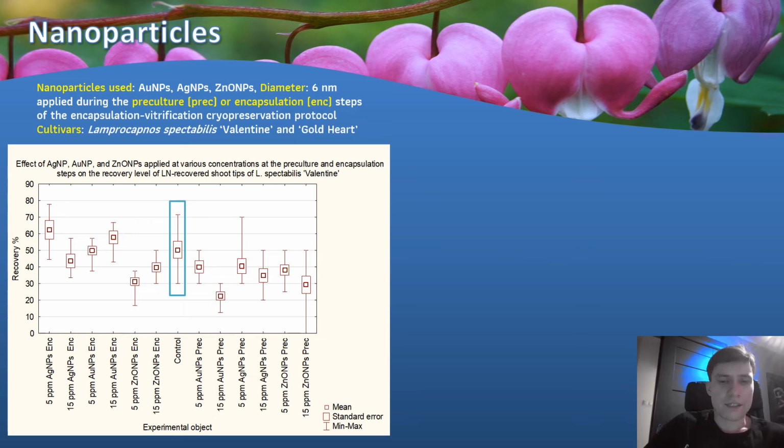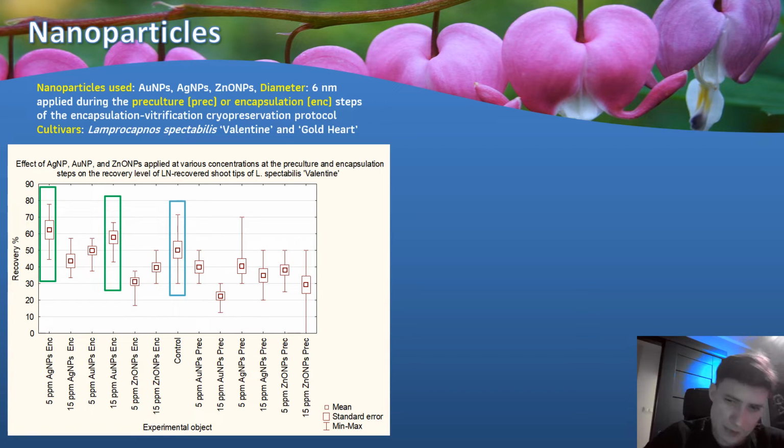On the other hand, nanoparticles were a little bit more effective, and their effect was also dependent on the nanoparticle type, the concentration, but also the cultivar and the moment of application, depending whether they were added into the preculture medium or to the alginate bead. For example, we have noticed that the addition of silver nanoparticles and gold nanoparticles at low concentration into the encapsulation bead had a positive impact on the recovery of the stored samples